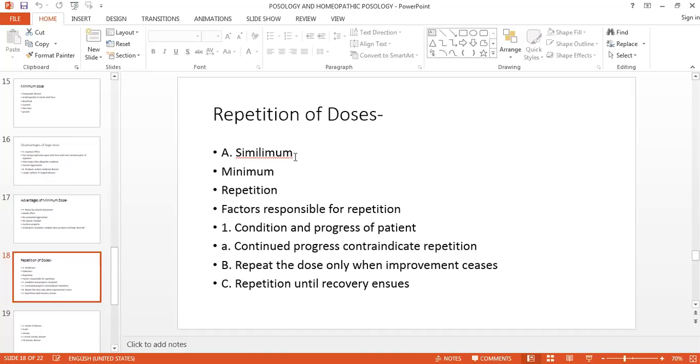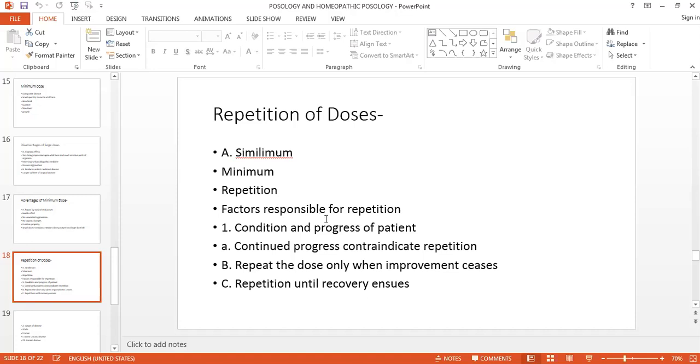That is the minimum, and the important thing is the repetition. If the medicine is minimum, the utmost care we have to take is for the selection that we have seen. Why we are giving the minimum dose, that also we have seen. But the repetition matters, because though the medicine is similar, if the administration is wrong, if the repetition of the medicine is too much unnecessarily, then this will affect.